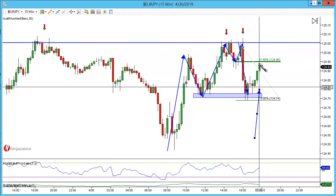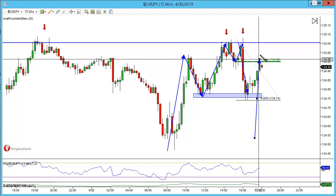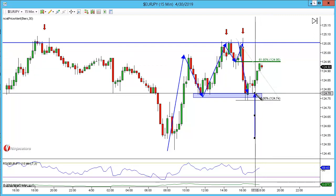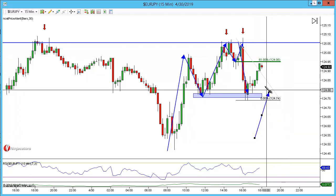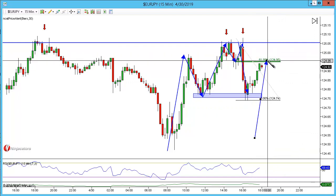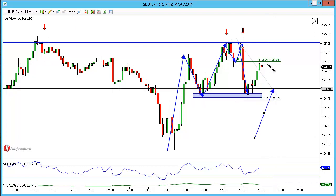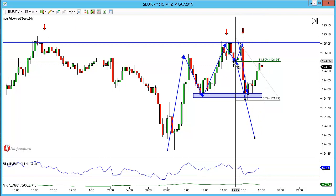Typically when the market comes into the 61.8 area, if it's going to turn, more often than not we do see it turn before it rallies too much through it, and then we can sometimes get the extension. So a shallow retest of the 61.8 is what I always love to see. For me it's a higher probability that we're going to see the reversal, but that 61.8 comes right into the